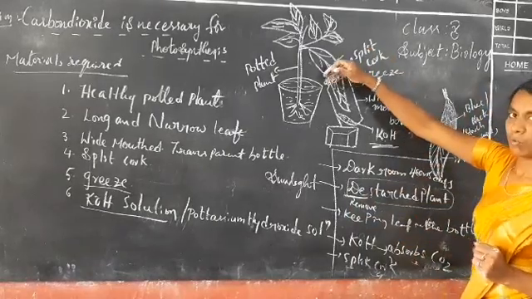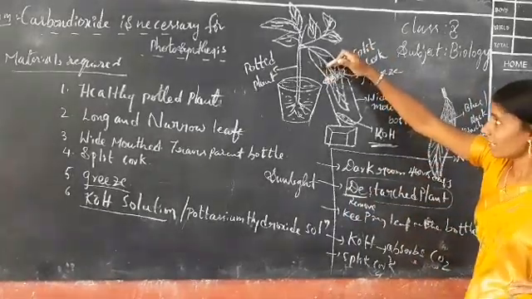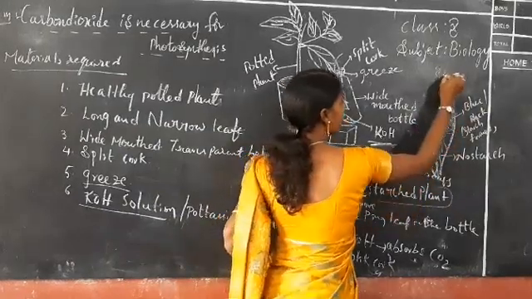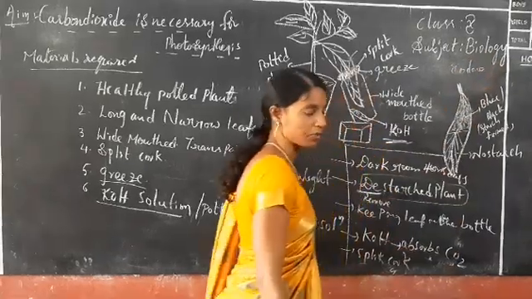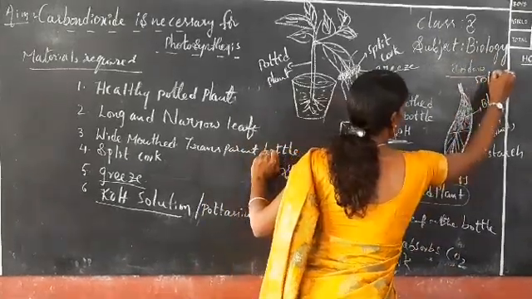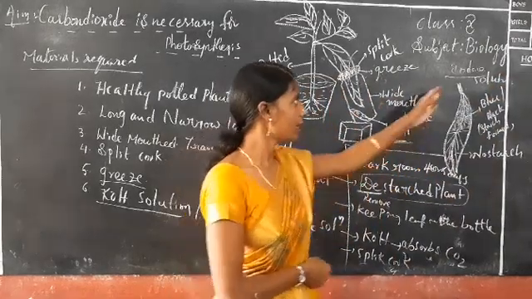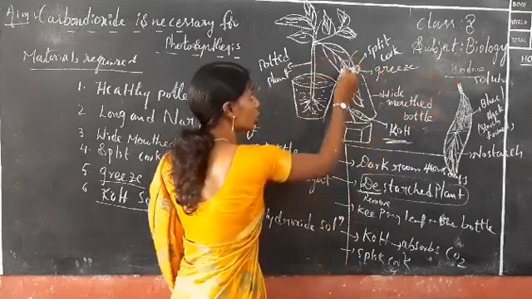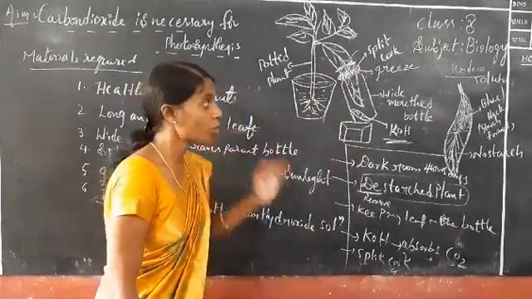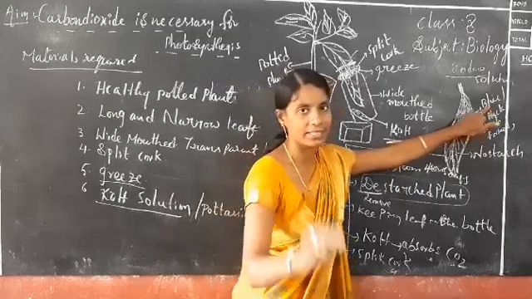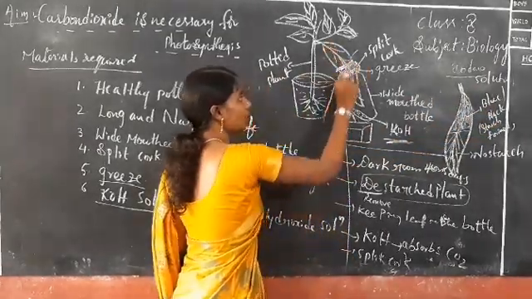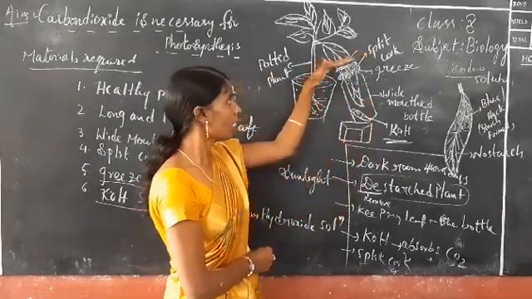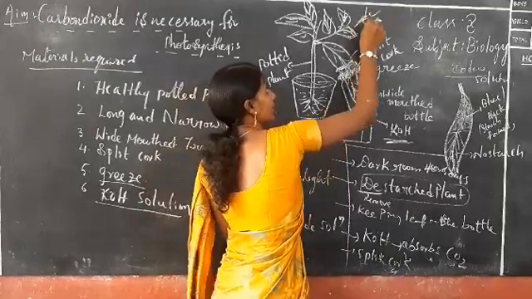And now we have to remove the selected leaf which was kept inside the transparent bottle. After that, we add, as I told already for the presence of starch in leaves, which solution? Iodine solution. If you add 1 or 2 drops of iodine solution on the leaf which was exposed to the sunlight, only then is it converted into blue or black color. Just imagine: above the transparent bottle and inside the transparent bottle, there are 2 parts of the leaf. Which part is exposed to sunlight?